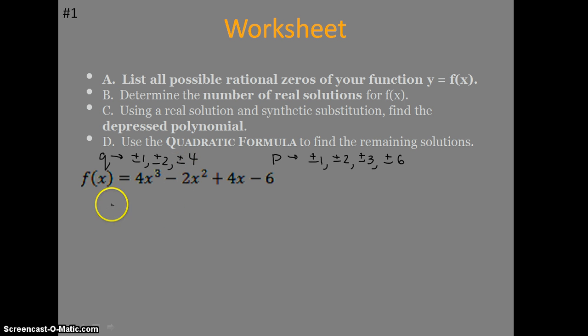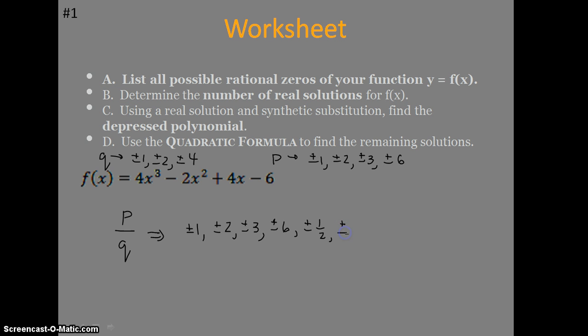So in order to find the possible rational zeros, I need to take the ratios of all the p-values over the q-values. There's quite a few of those, so I'm going to take each of these p-values and divide it by each of the q-values. So I have plus and minus 1 over 1, plus and minus 2 over 1, plus and minus 3 over 1, and plus and minus 6 over 1. Then I'm going to take each of these and put them over 2. So I've got plus and minus 1/2,